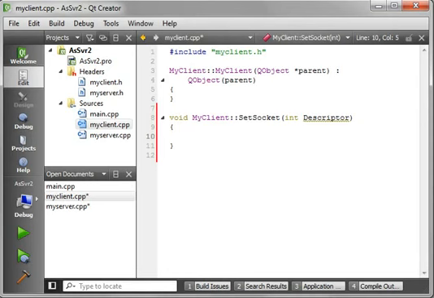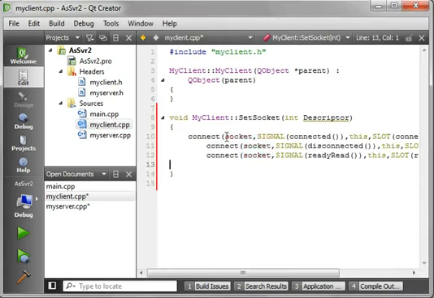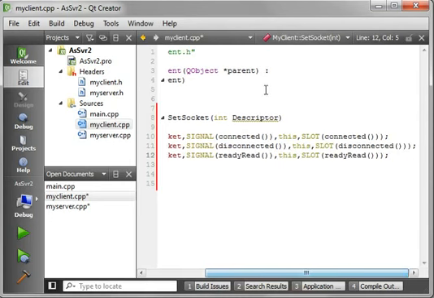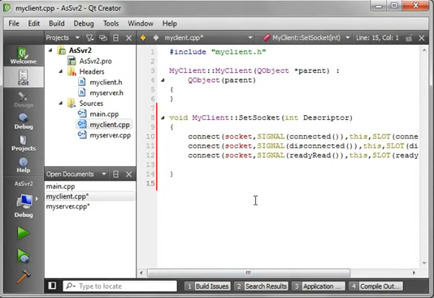And I'm going to, of course, copy and paste the connection code just because it takes a while to type that out. And you've seen this before. This is just connecting the signals and slots together. We're just connecting the connected, disconnected, and readyRead signals with slots that aren't implemented yet, but we're going to get there real quick. So we'll say void MyClient